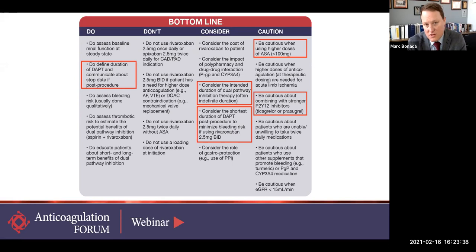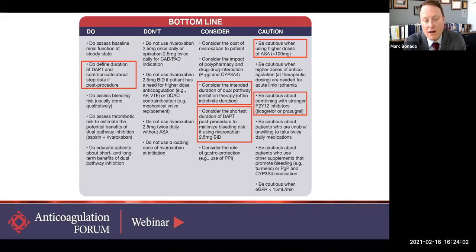And I would say, although the team here is considering 3 months, you might say maybe a month would be good enough. And that's what the trials suggest, at least from a Voyager perspective, that it may be safer to shorten the duration. And in terms of cautions, be cautioned when there are higher doses of aspirin. So this was low dose aspirin.